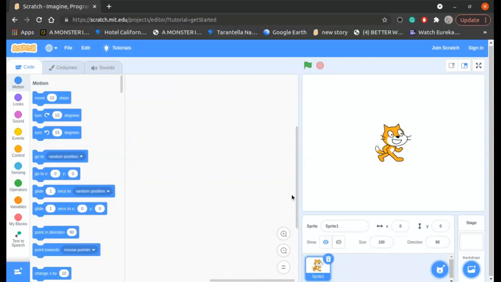Today I'm going to teach you how to make a character talk with text-to-speech. So first we go to this option, add extension,